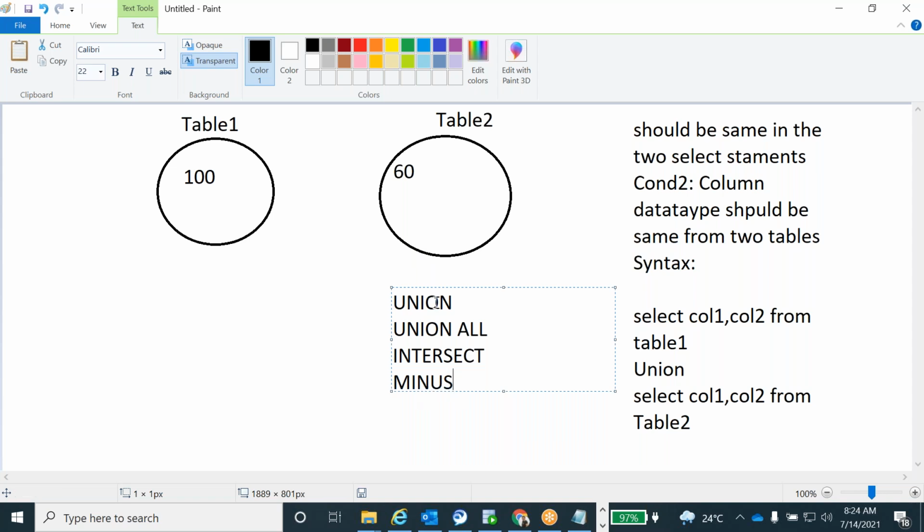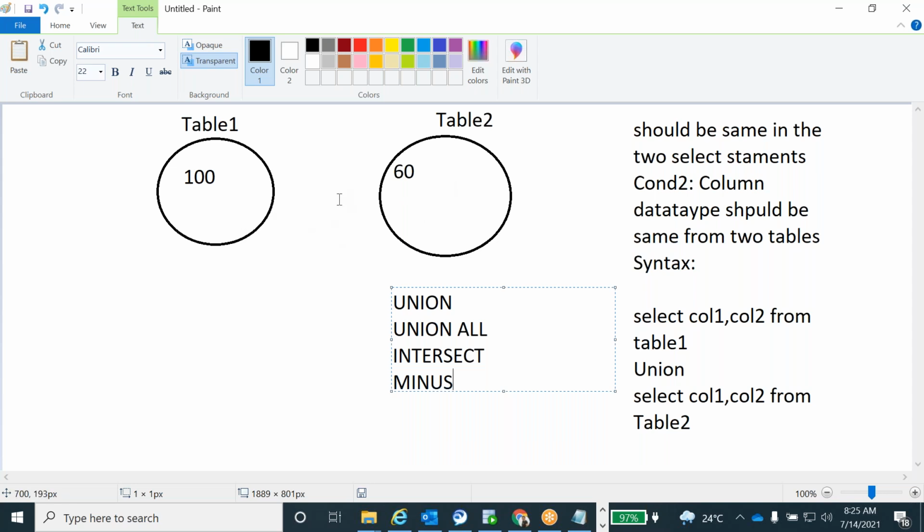Okay. First we will take what is the purpose of the union, what result it will give in the above condition, above tables. So what I told, the union will combine the 2 select tables' data. Now here 100 records are there, here 60 records are there.